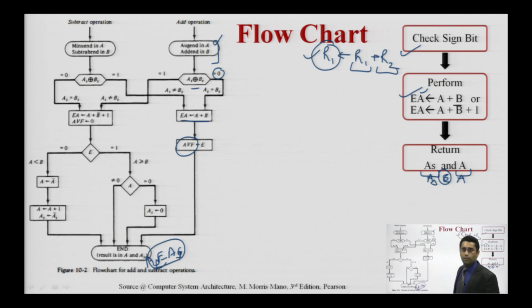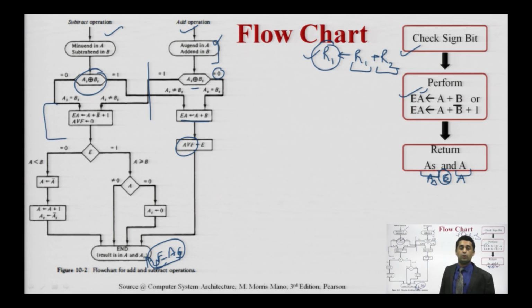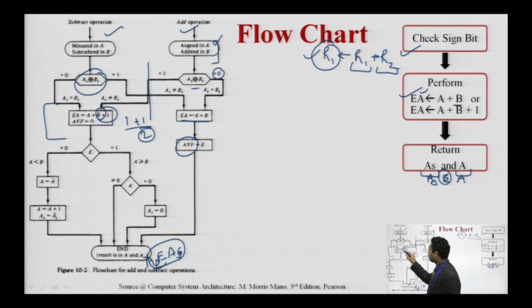Similarly, when we are talking about subtraction, directly come to this part. We can't bifurcate these operations as separate subtraction and addition. What is there in the subtraction? We are checking the signs. If it is the negation part, then it comes here. Subtraction says we are doing the addition with the complement number. So the B complement is done. 1's complement plus 1 is 2's complement. So we use the 2's complement here and perform the same operation.